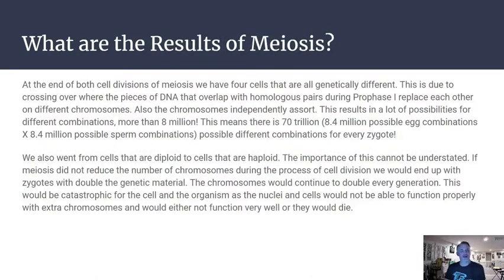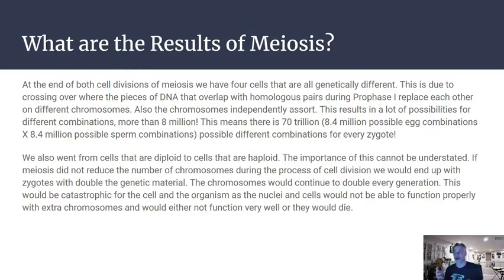All right, so what are the results of meiosis? What happens at the end of this? At the end of both cell divisions of meiosis, we go through prophase 1, metaphase 1, anaphase 1, telophase 1, and then back through prophase 2, metaphase 2, anaphase 2, telophase 2, and the two cytokineses. That brings us down to 4 cells that are all genetically different from one another. This is due to